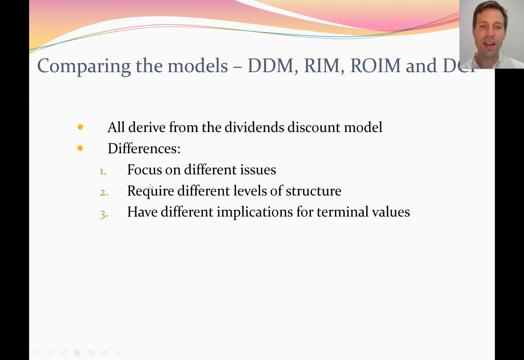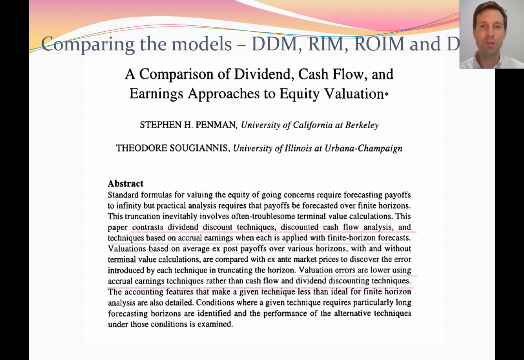Okay. Why is that? Because they focus on different issues, they require different levels of structure and ability and work before implementing them, and they have different implications for terminal values and how we might make those assumptions. Okay, so I've made a lot of claims about the advantages and disadvantages of the different models when I've discussed them. Those claims, I'm not just making them up, they're not my opinion, but they're generally backed up by academic research. So this paper by Penman and Sugianis looks at a comparison of dividend, cash flow, and earnings approaches to